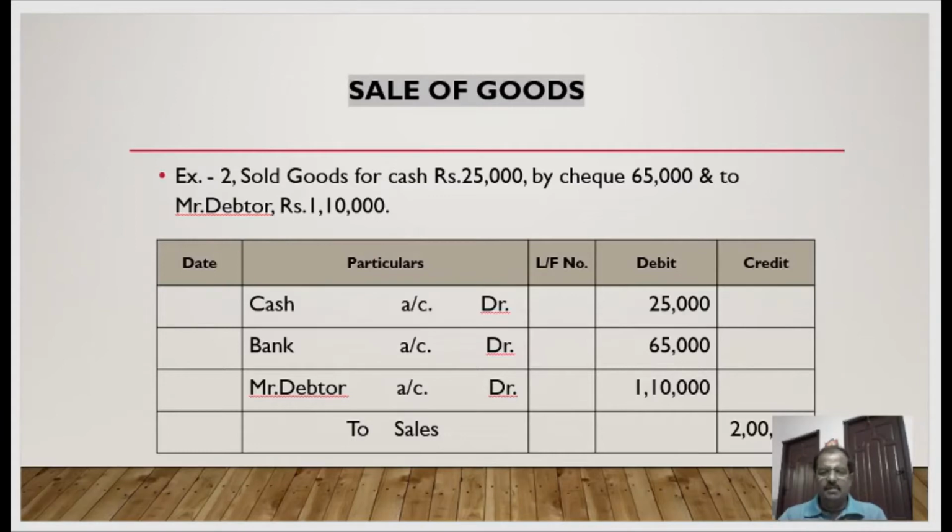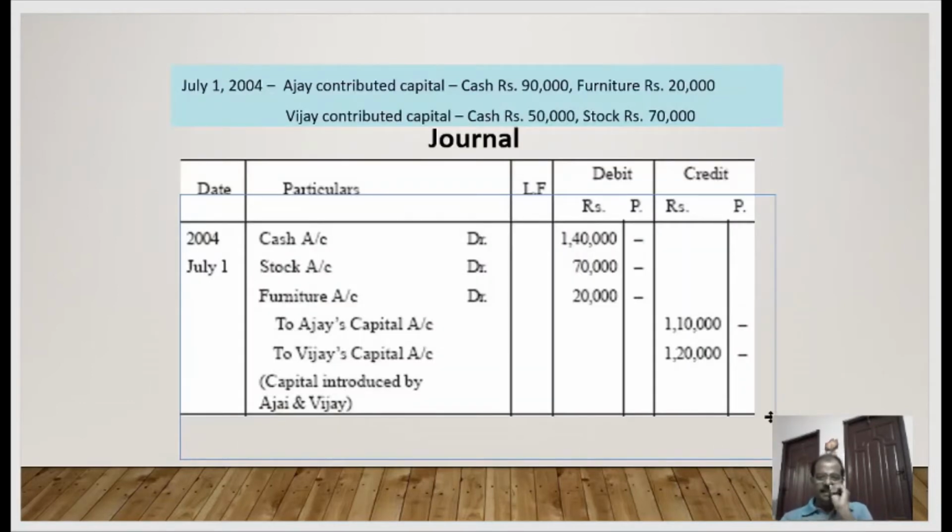Whereas the second mode of receipt, you have received 65,000. Bank check you have received, okay. And another one, you had made a credit sales to the tune of 1,10,000. So now let us understand these three different types of debits. That means more than one debit to the total of 2 lakhs sales credit income. Next, this is a wonderful example where you have got more than one debit and more than one credit. This is the best example to illustrate a complete set of compound journal entry.